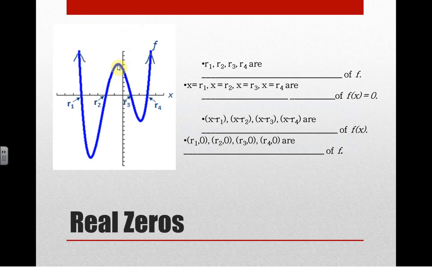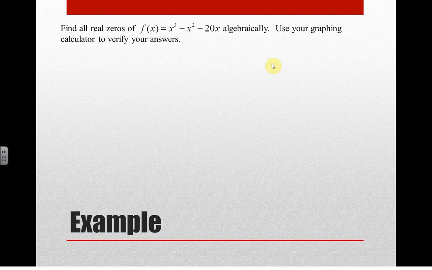Moving on. So R1, R2, R3, R4, those would be the roots, okay? The solutions with the equal, x equals this, x equals that, those are solutions. Here are the factors, and then here are the x-intercepts. So that's just the vocabulary. You guys know this stuff for the most part. You should be fine. Find all real zeros of the equation, the function, algebraically, and use your graphing calculator to